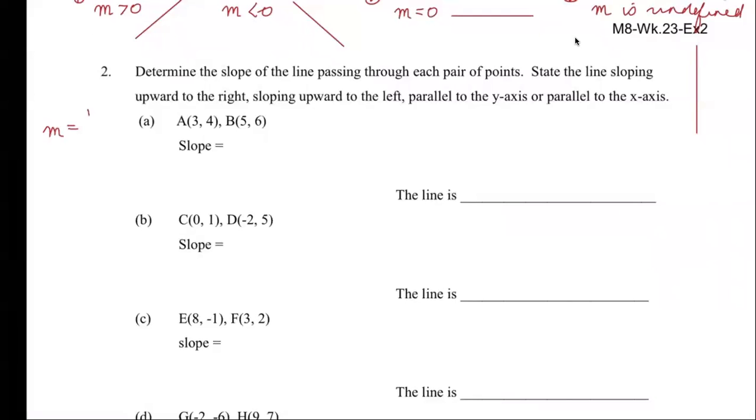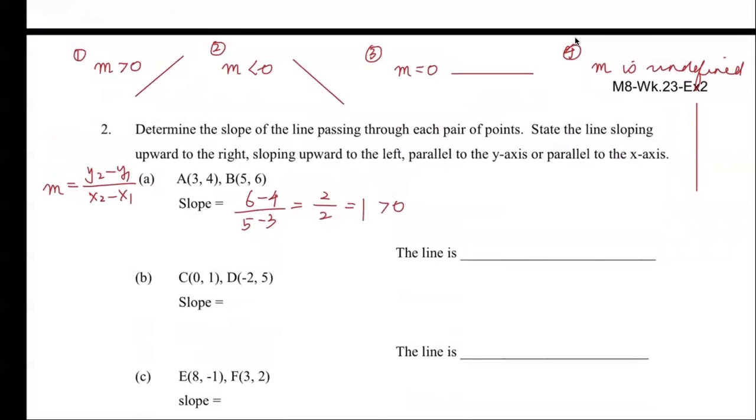M is equal to y2 minus y1 over x2 minus x1, okay? So for part A, what is the slope? Slope is equal to 6 minus 4 over 5 minus 3. So that's 2 over 2, which is equal to 1. 1 is greater than 0. Okay, so it is the first case, which means the line is